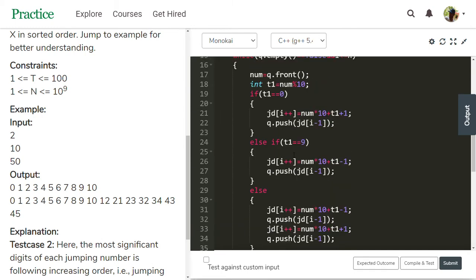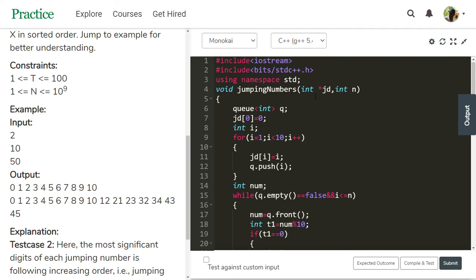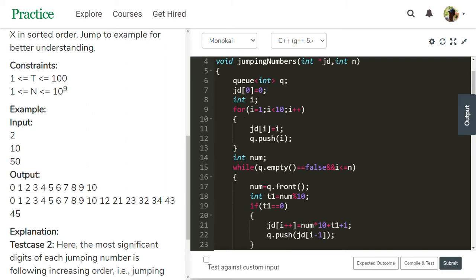Here is the jumping function, int star JD, int n. To solve this task, it is good to use a queue. Initially, the first number is JD of 0 equal to 0.